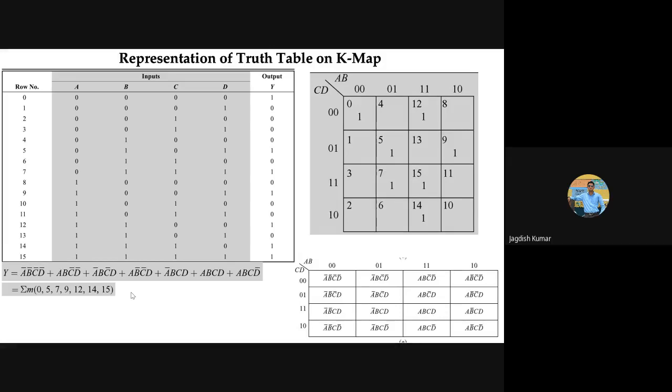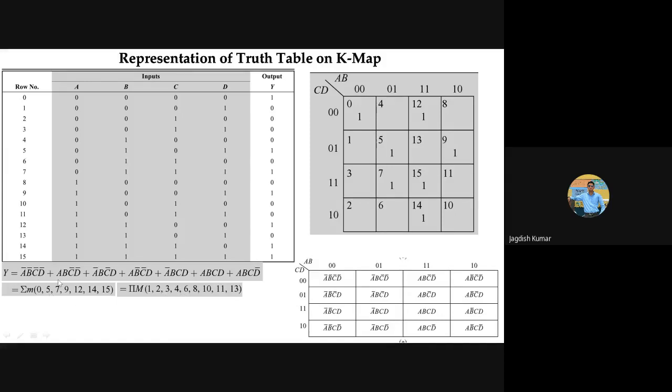Similarly, if you have to write down product of sum, now according to that complementary theorem, M0 is there in the min term, so it won't be there in the max term. So what will be there in the max term? M1, 2, 3, and 4 are not here in the min term part, meaning SOP, so they will be in POS, product of sum. 2, 3, 4 are sitting here.